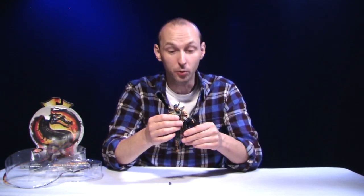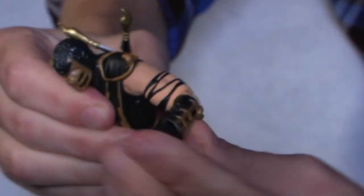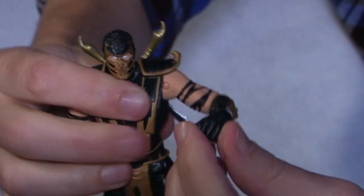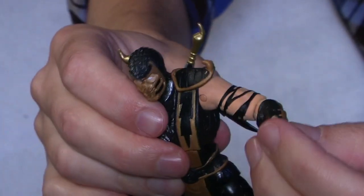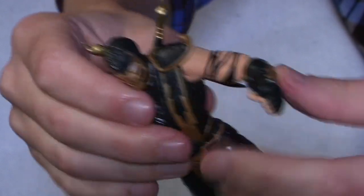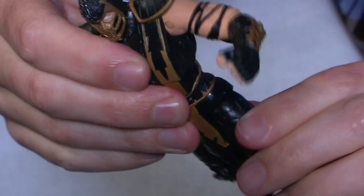Let's start first with the articulation, because I think that's one of the figure's strong points. Alright, so we're going to start at the head here. He's got the standard ball and socket on the head, ball and socket with the hinge on the shoulders, a nice hinge on the elbow, and then he has the ball and socket on the wrist, which isn't something you see every day. Usually you just get a little rotation, but the ball and socket on the wrist is very nice. He has some articulation here in the chest, the lower chest,